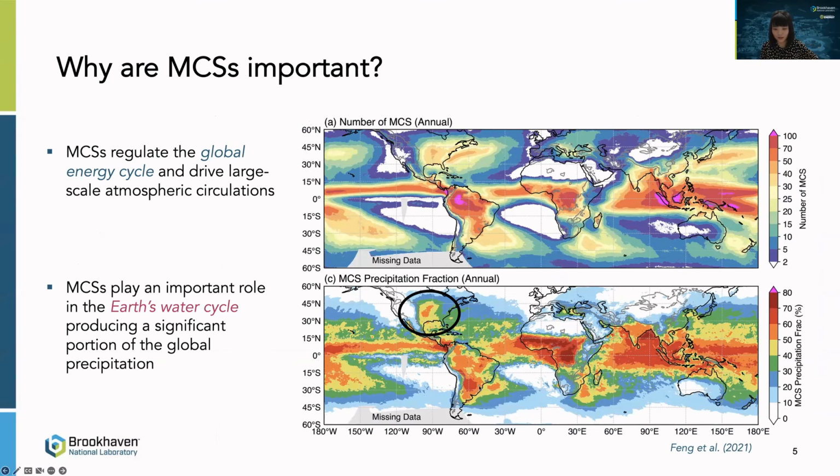So in there, what you notice, you see the area around South America, the MCS. I was looking at the MCS hotspot. It is very strong in the upper panel, but in the lower panel, the precipitation that goes with that is reduced when you compare it to the area, say, around Congo, and also the area in the Asian region. Yeah, so this is the number of MCSs detected, right? But this is the fraction of precipitation from that MCS.